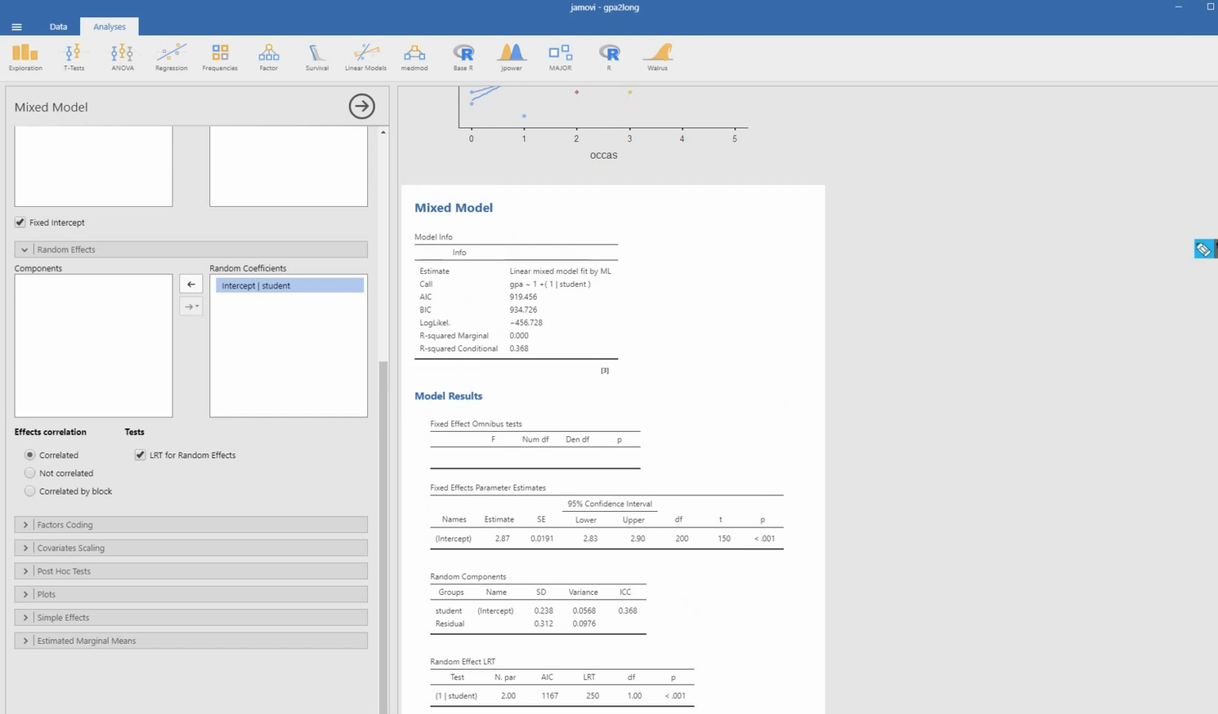So looking at our output, you can see first off there's a box that contains model information. You'll see that we have AIC and BIC. These are most useful when you are trying to make comparisons between different models. Basically, models that have the lower AIC or BIC would be considered preferred over models with higher AIC or BIC values. And the nice thing about these indices is that it does not make any kind of assumption regarding models being nested. You'll also see there's a log likelihood right there, and then down below you can see R-square marginal